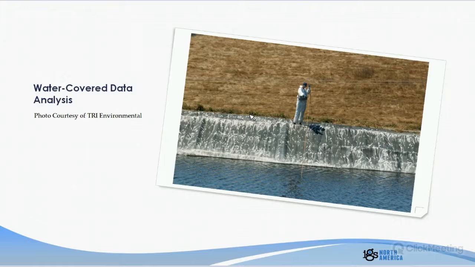So this works fairly well if you're able to wade through the water, because you can move the dipole back and forth and get precisely where that leak is, and you can drop a weight right on that leak. But where this method gets problematic is when you have deeply filled ponds. So the way we survey deeply filled ponds is that we take a dipole and we attach it to a